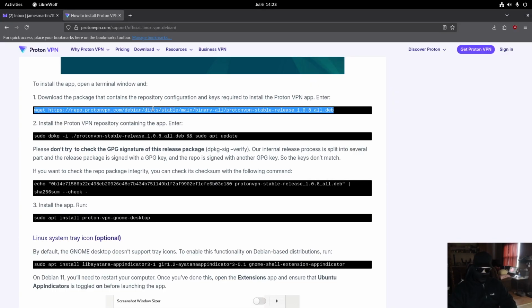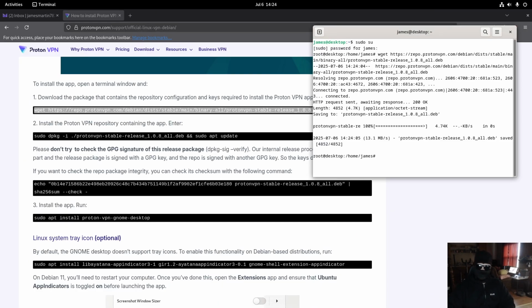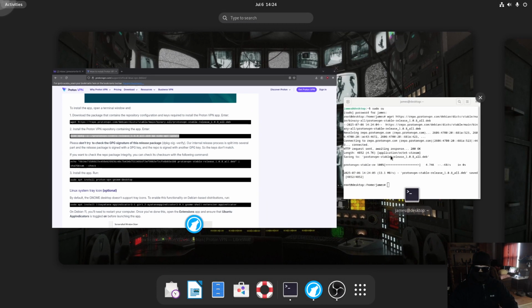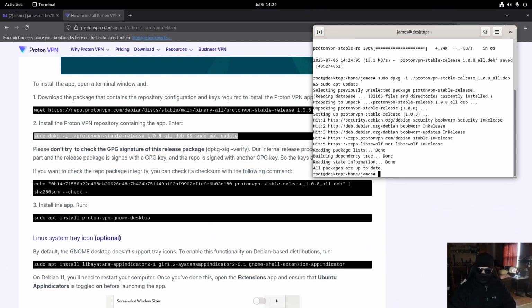We're going to go ahead and copy this, go back to the terminal, and hit Control-Shift-V to paste it in. Hit enter, and it will go ahead and confirm that the keys and everything have been downloaded. Then it'll say install the ProtonVPN repository containing the app. Go ahead and do what we did last time. Copy, Control-Shift-V, and if we let it go, it will say all packages are up to date, and that's how